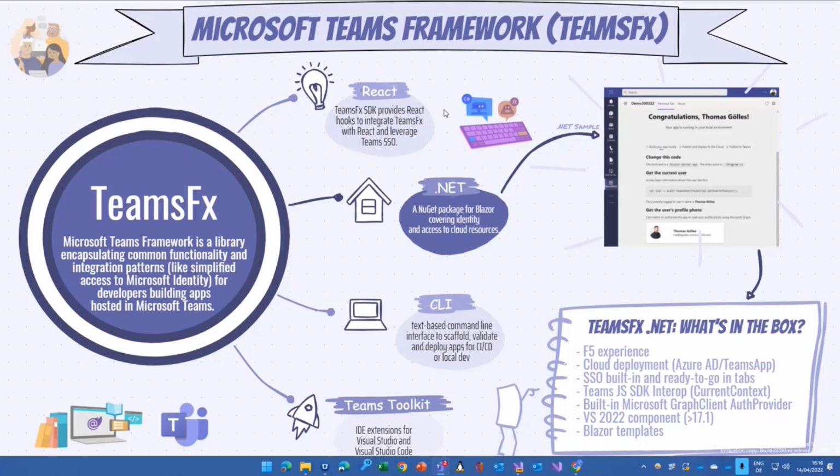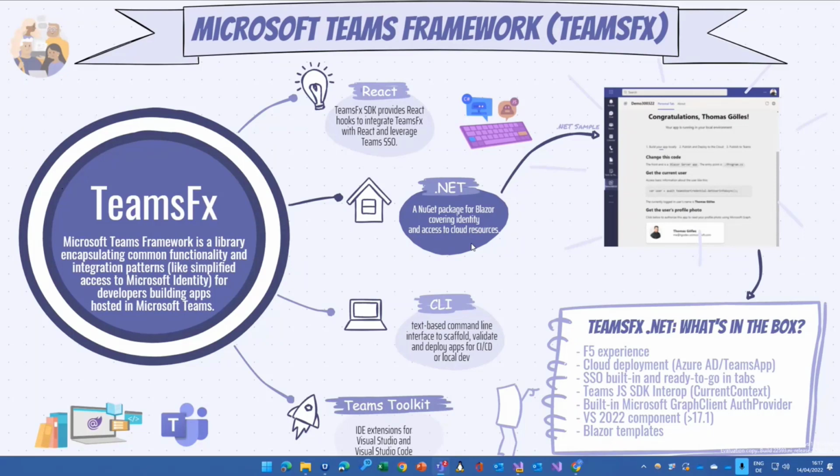components of it. So TeamsFX actually is a library that targets more than one language. TeamsFX targets React and .NET. So not only the client side, but also the server side. And that's just the state of today. There is no fixation on only those two platforms. I'm pretty sure there are already ideas on how to get different tech stacks also into this Teams framework.